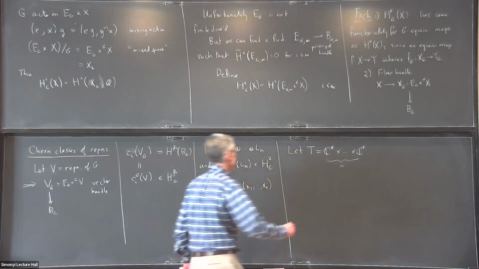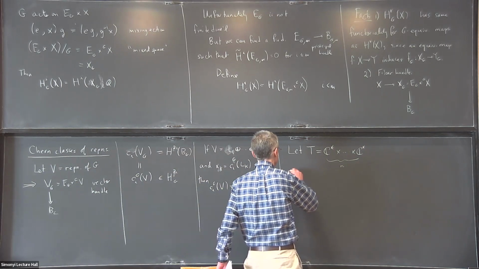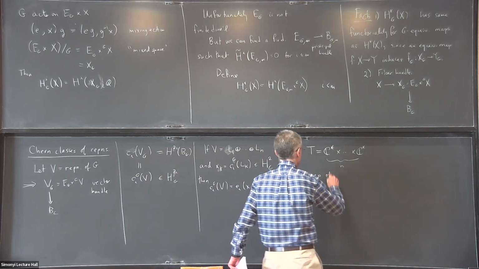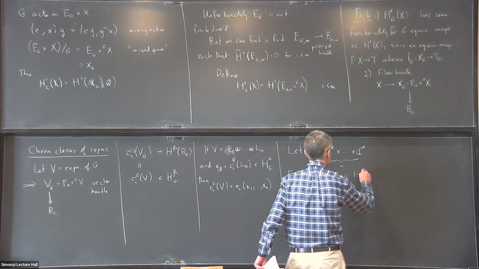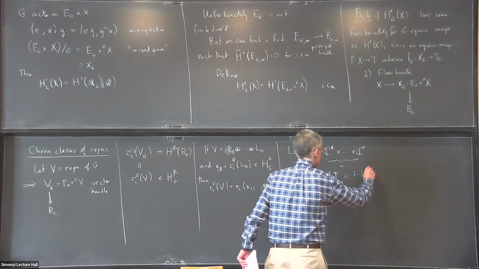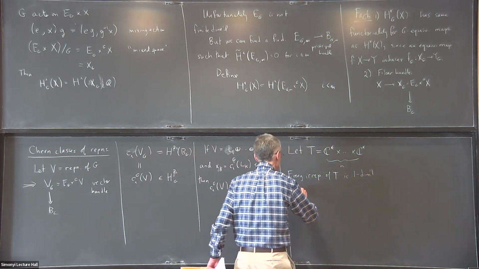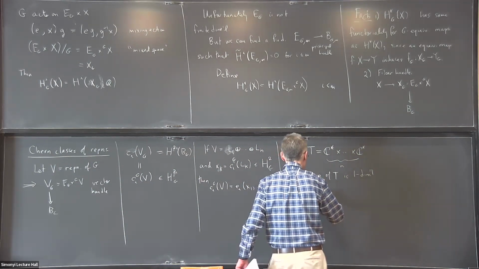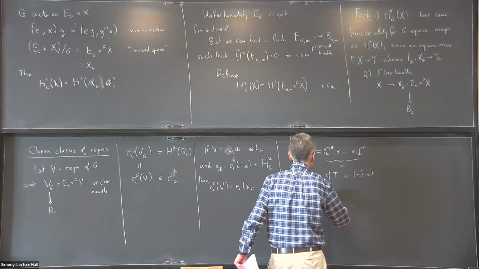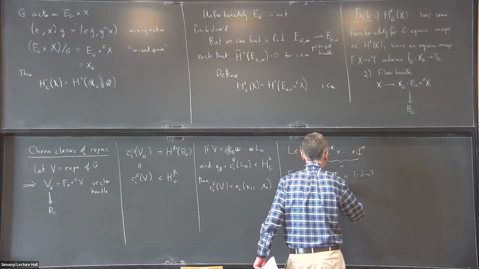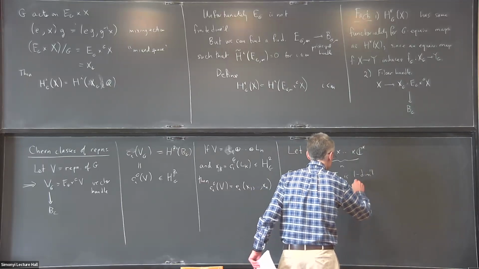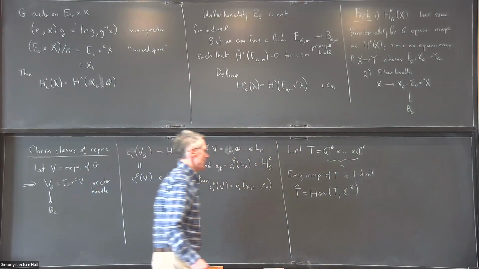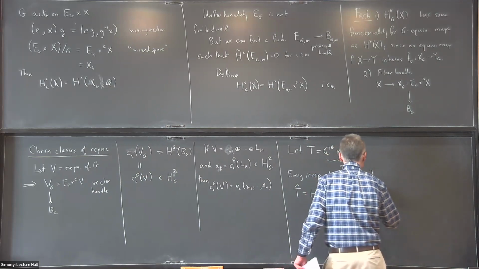So every irreducible representation of T is one-dimensional. And so I'll denote by T hat the set of these one-dimensional representations. It's Hom of T to C star, and this is the character group, isomorphic to Z^n,